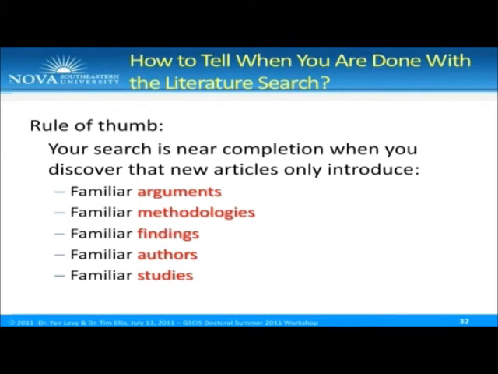Well, this is what we came up with as some kind of a rule of thumb. If you start getting familiar with the arguments, right? The process of the arguments sounds familiar, paper after paper after paper. If you see very familiar methodologies being used to address a certain area. If you start seeing the same findings in different contexts, similar findings. If you don't find similar findings, it's also important if you find dual types of findings that are competing or contradicting, that's also good. Okay, but if you find a group of articles that say these are similar findings in a certain context,